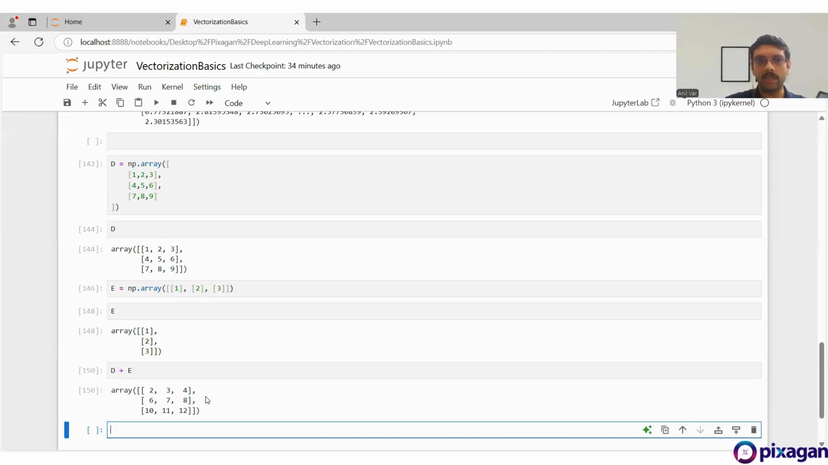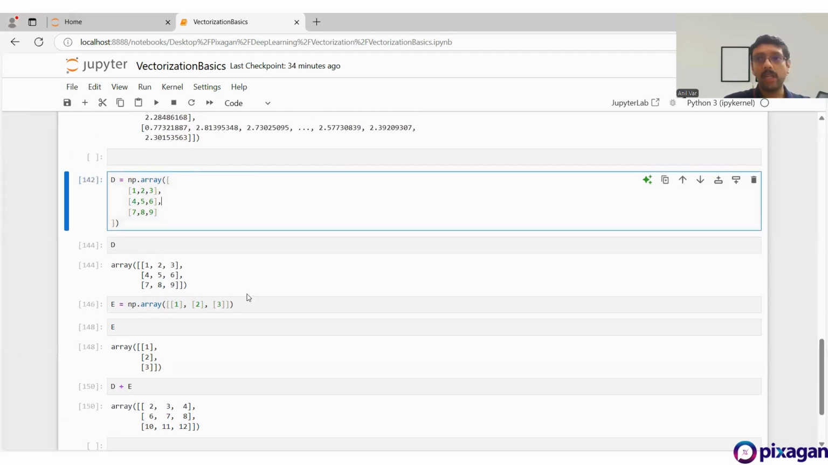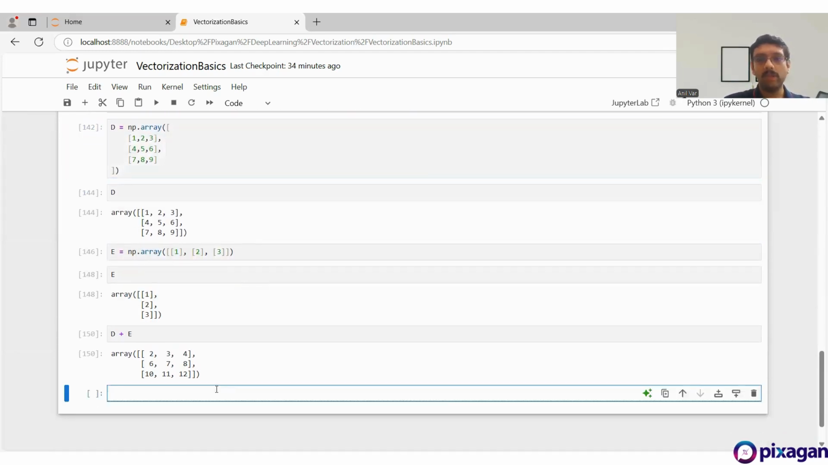How does it know how to do that? Just like it knows how to do the scalar multiplication, right? It's using a process called broadcasting,